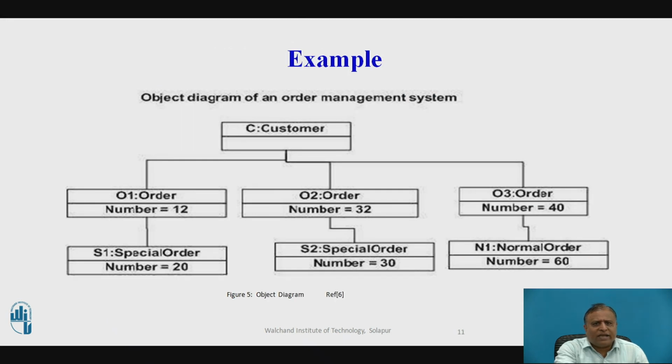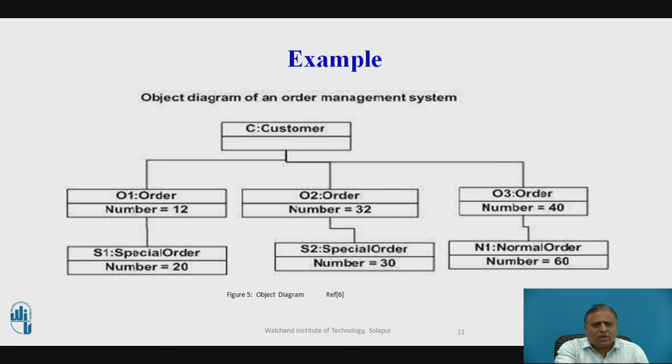So the next diagram is an example of an object diagram. It represents the order management system which we discussed in the class diagram. The following diagram is an instance of the system at a particular time of purchase. It has the following objects: customer, order, special order, normal order. Now the customer object C is associated with the three order objects O1, O2 and O3. These order objects are associated with the special order and normal order objects S1, S2 and N1. The customer has the following three orders with different numbers 12, 32 and 40 for the particular time